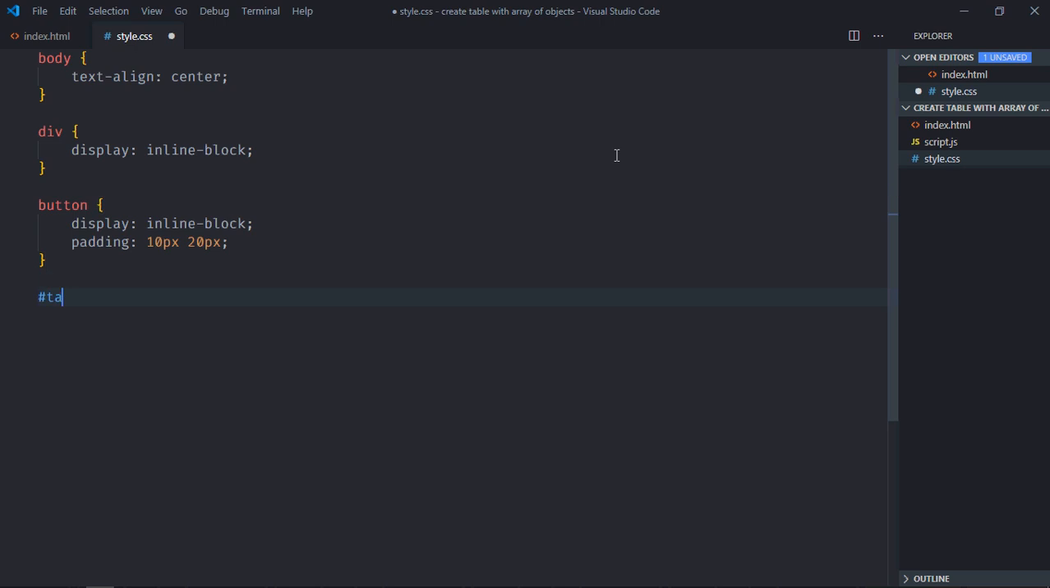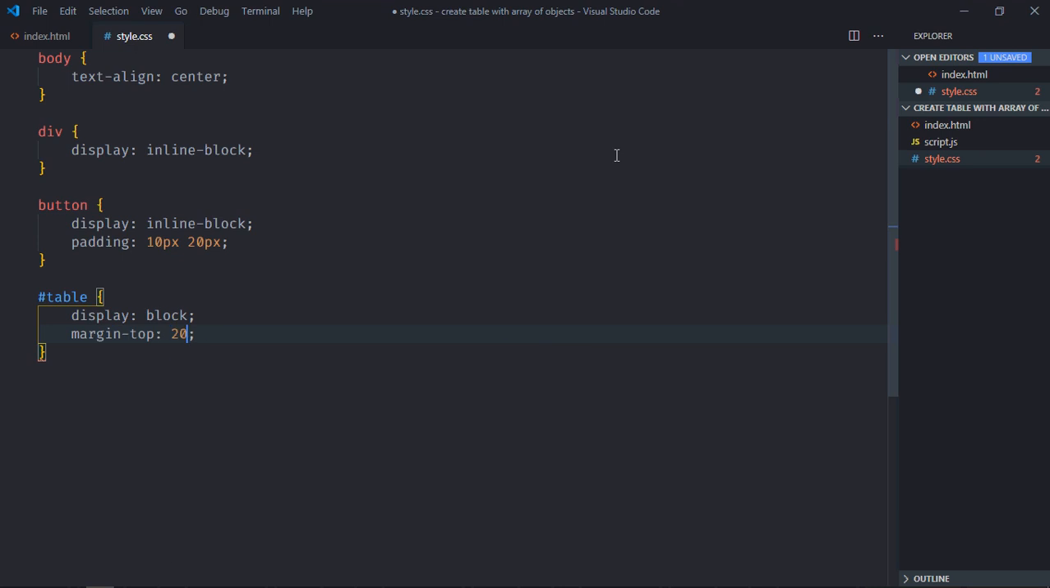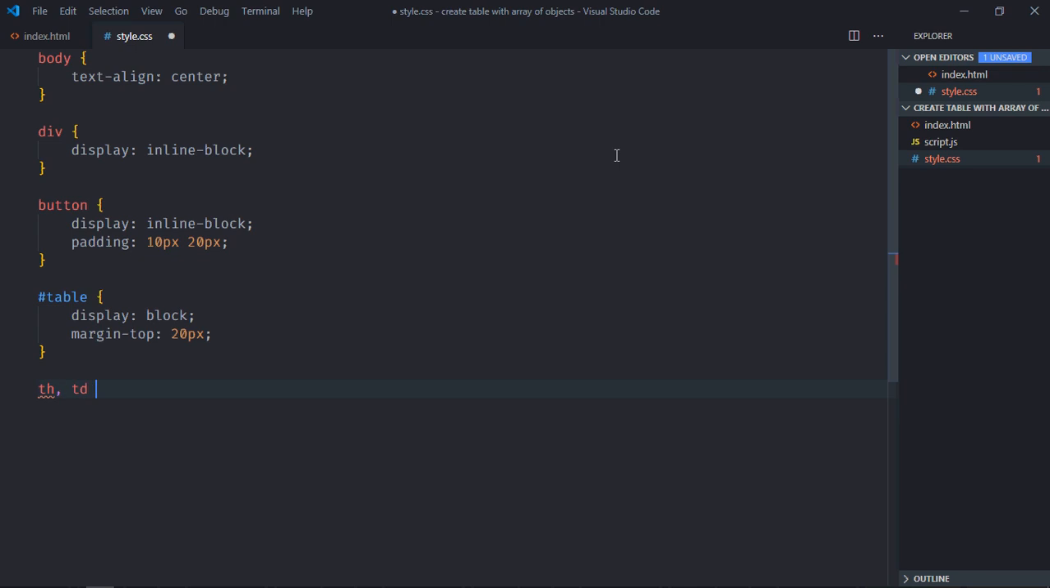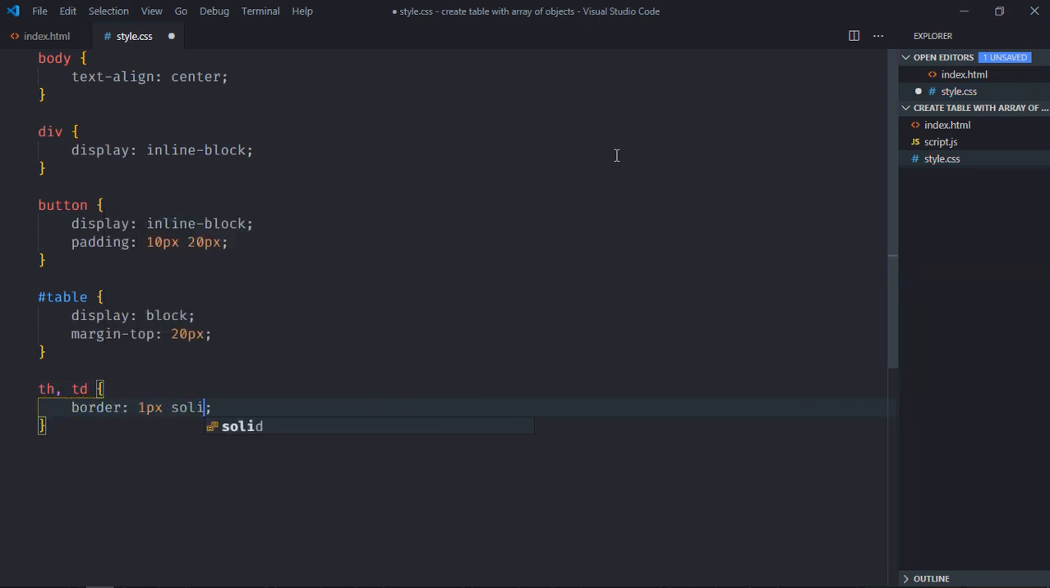Select the table, display will be block, margin top will be around 20 pixels. We are going to have th and td element, so let's style them here. So border will be 1 pixel solid black and padding will be 5 pixels. Save it. Now go to JavaScript file,